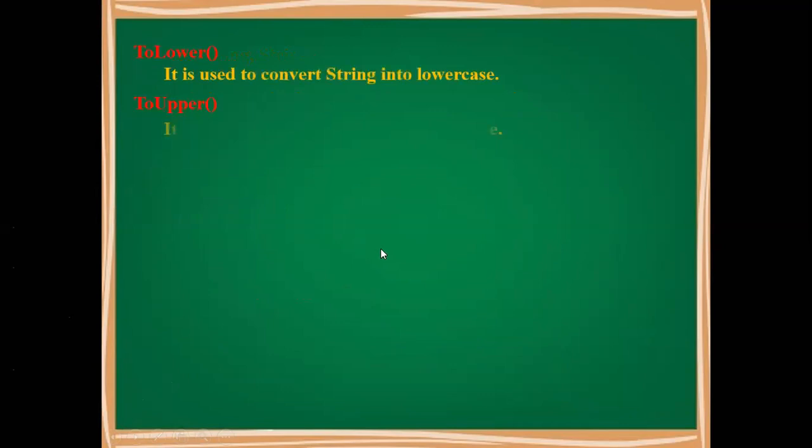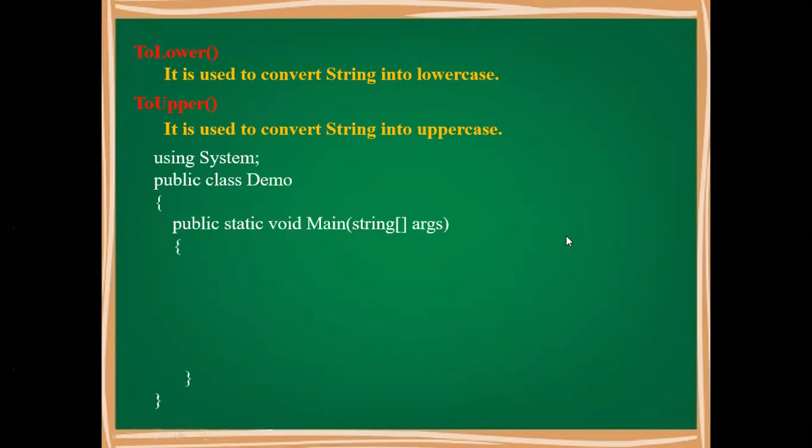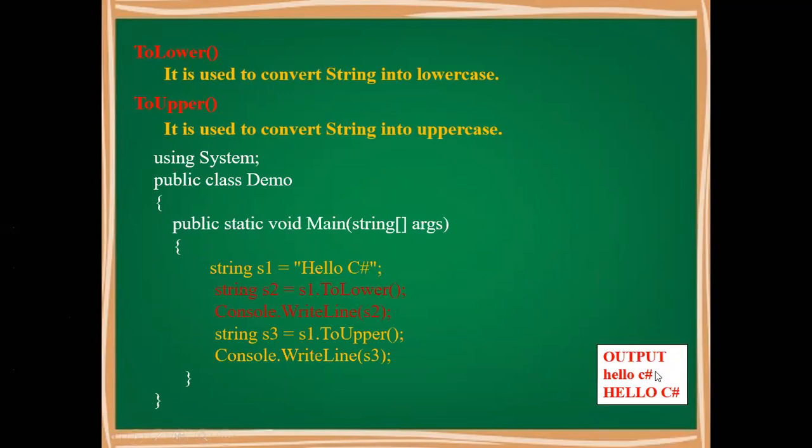These are the most simple functions, ToUpper and ToLower. If you want to convert the string into uppercase or lowercase, because you want to give freedom to the user, let him write whatever he wants, whether lowercase or uppercase, and later you can use this function and convert it into capital and small case. So this is our example here, hello C sharp. First in S2 we are doing S1.ToLower, so पूरा lower case में S2 में store हुआ, S2 print किया, and then S3 में ToUpper. So the first output will be all small case, and the output of S3 will be all capitals.